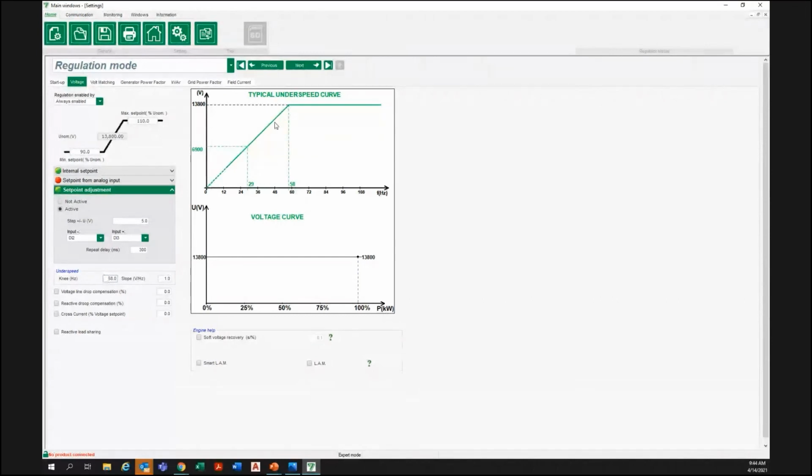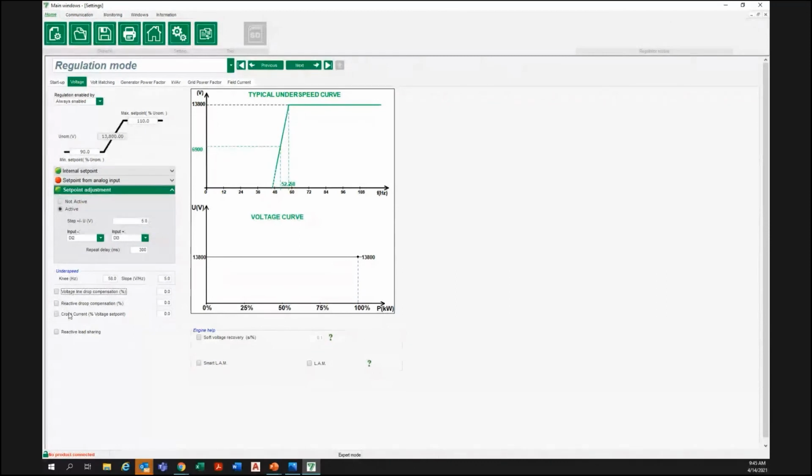And this shows how it's going to lower the set point based on frequency. This is frequency right here. So as you can see, the slope would be initiated at 58 hertz, and the slope indicates how quickly it will lower that. So if we change it to 5, it rapidly reduces the voltage. And this is a device that's supposed to help relieve some of the stress from your prime mover.